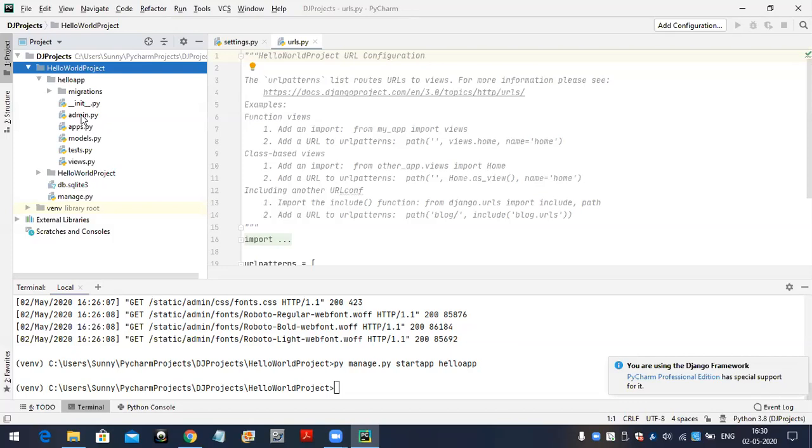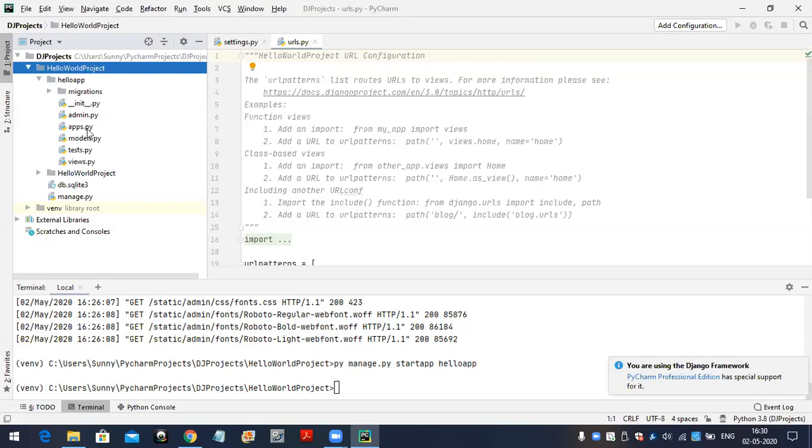That registration code we have to write inside the admin.py file.